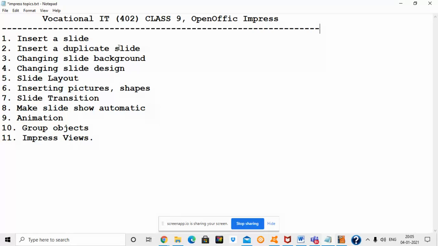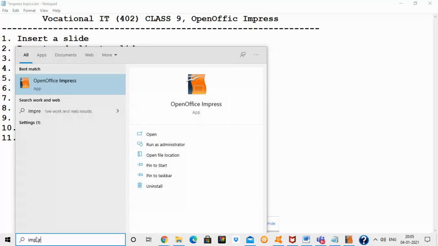to insert a duplicate slide, changing the slide background to give a design on the slide, changing the slide layout to insert a picture or shape on the slide, transition, making the slideshow automatic, giving animation, grouping objects, and what are various Impress views. So basically, when we write Impress, if I want to open Impress here, so if I click